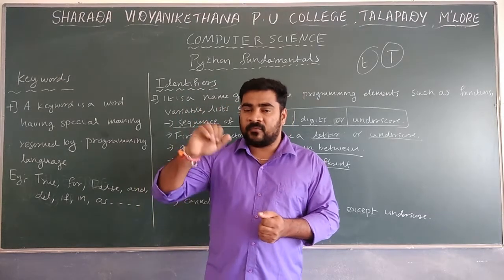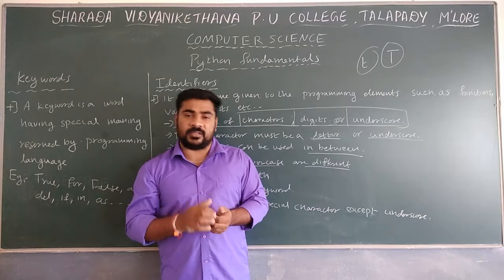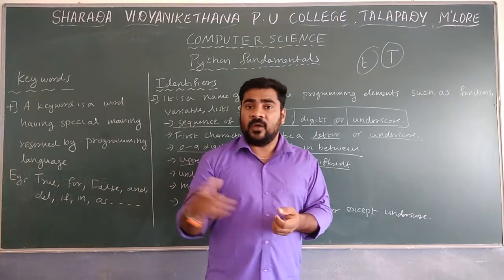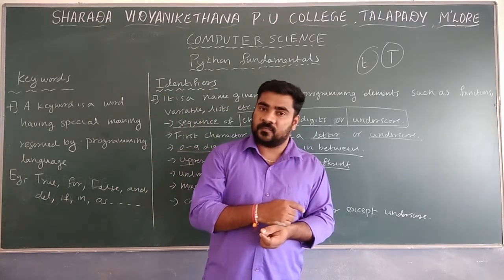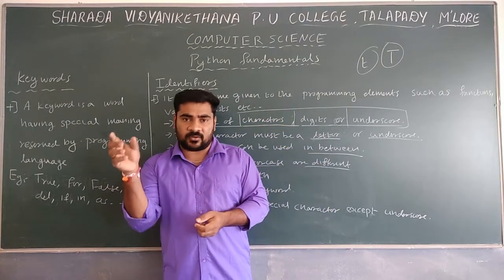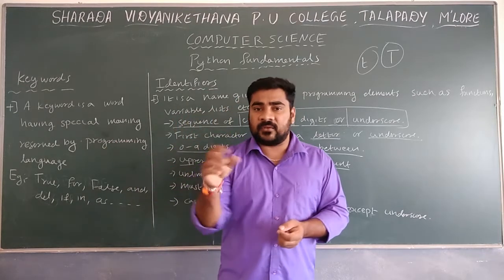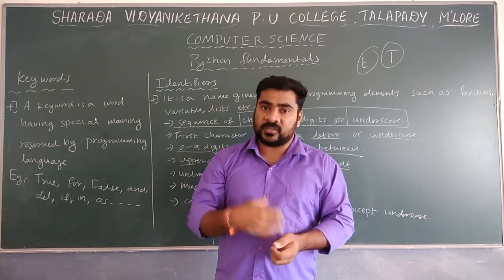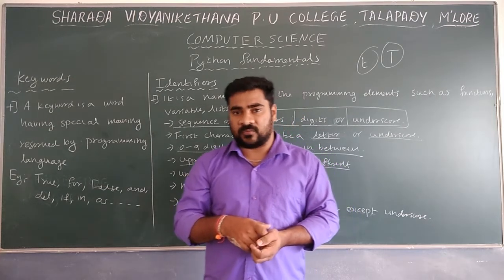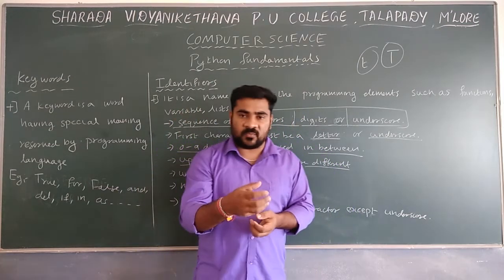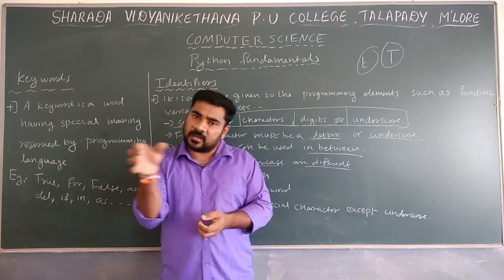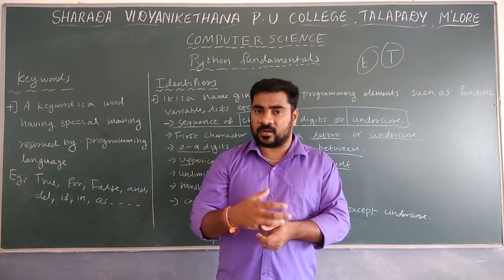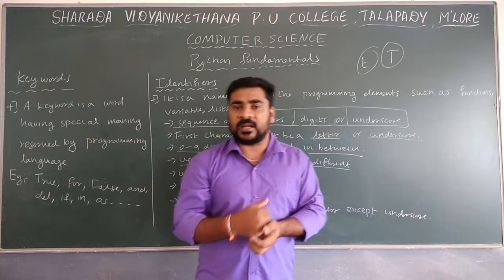But remember, if you provide a long name, for example 100 characters, the next time you use the same identifier, you have to write the same sequence without any mistake. So it is better to give a small word or appropriate names, so that it will be easy to understand. For example, if one book is the name, we can give the identifier name as book itself. Students, book, employee, like that we can give different names.